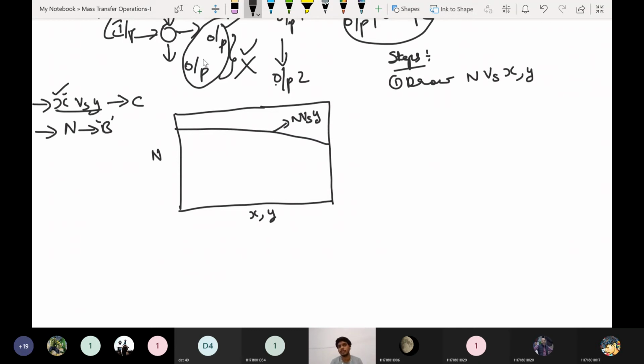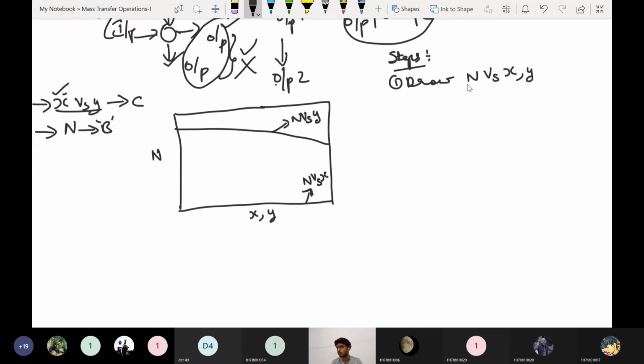In the case where the output stream, the main product or solution stream, will not have the inert solids, in that case this x-axis itself will be called N versus X. In the maximum number of your problems, this will be the N versus X case. Then only it will be easy to solve the problem. Otherwise, when there is other data for N versus X also, that curve will come like this, so it will be very complex. So for convenience, for the ideal case, they are giving this as N versus X.